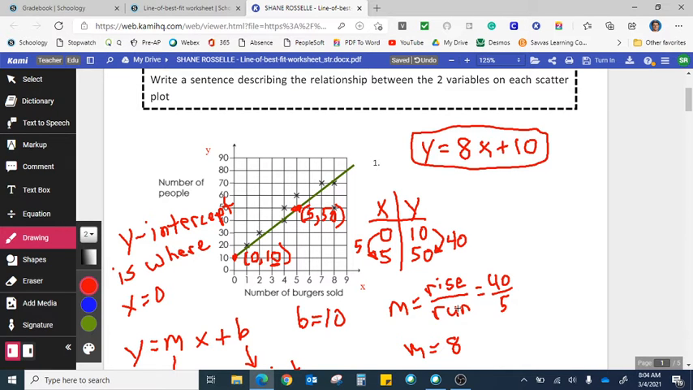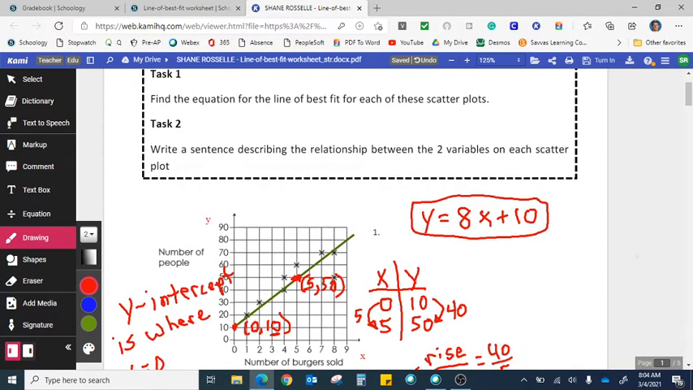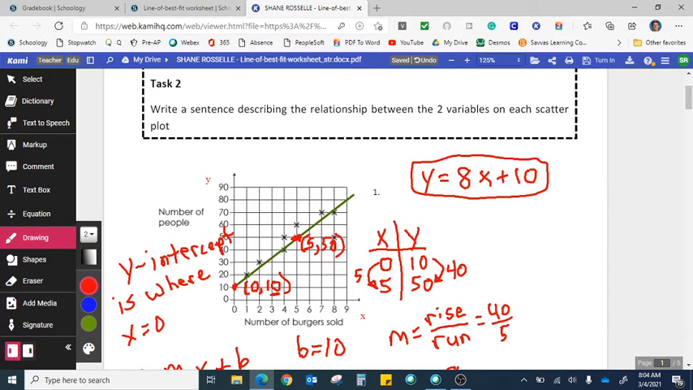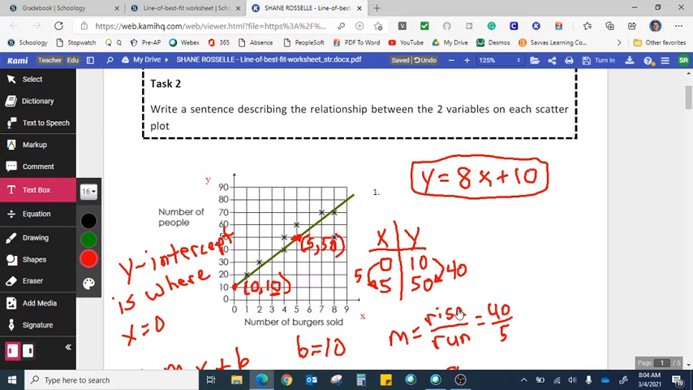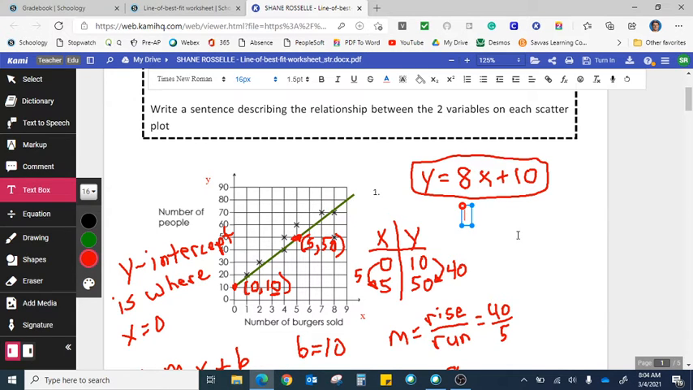All right. Now what I have to do, it says this next task right here, it says to write a sentence describing the relationship between the two variables on each scatter plot. The relationship between the two variables on each scatter plot is your slope. So I'm just going to go ahead and open up a text box. And when I write this, basically what I'm saying here is that my x variables are number of burgers. Okay? So x variables are number of burgers. So as the number of burgers rise by 1,